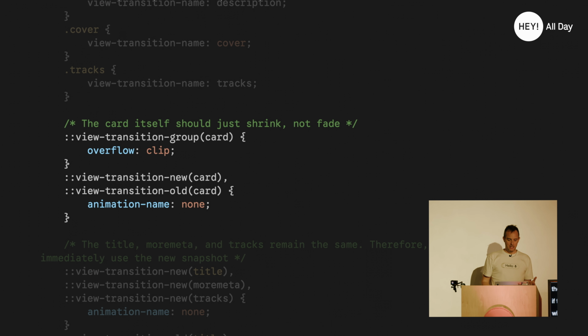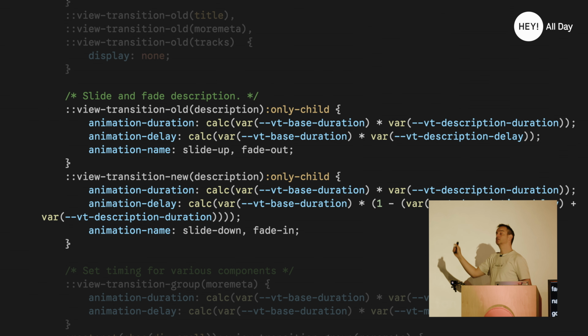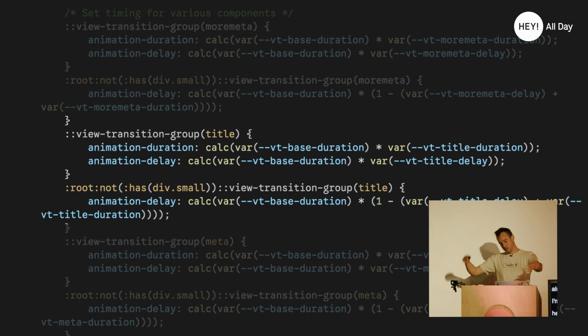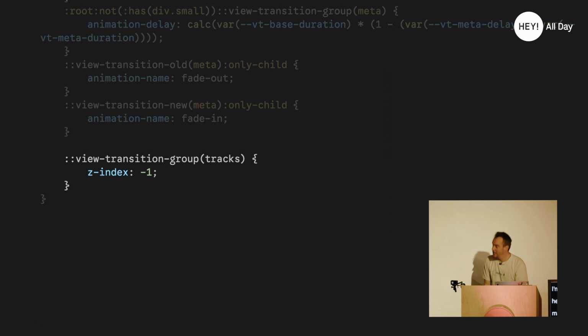And then here comes the nice part where we use mathematics to basically say, hey, the description, for example, should run over 50% of the total time. So we multiply the base duration by that 0.5 that we have. We also set the delay. We set the animations, and then we do that for a bunch of other elements to finally get to the z-index of minus 1,